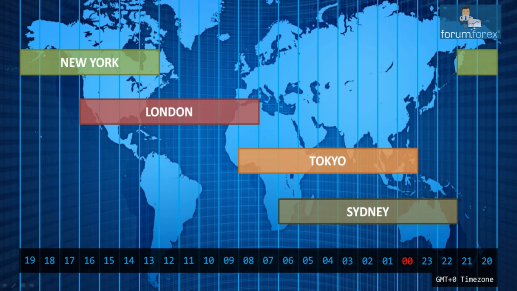And finally, to sum up the forex market hours, let's have a look at the end of the New York session. As you can see, even though the Sydney session and the New York session do not overlap, they follow each other back to back. And this illustrates why the forex market is open 24 hours a day. If you take any time zone on this map, at least one forex session will always be open.